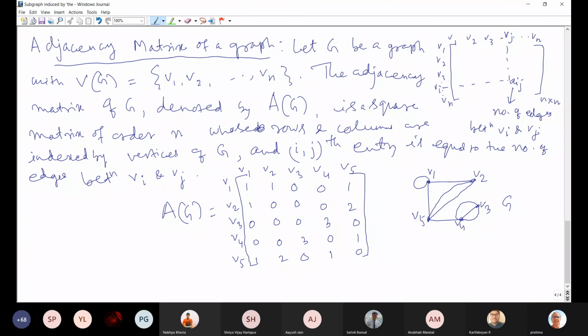Sometimes this adjacency matrix may be referred to as the weight matrix of a graph. So how can we differentiate if there are two edges of different weights, like one edge of weight 2 and the other of weight 3? How can we show it in the adjacency matrix? In that case, actually, we cannot have a weighted matrix. This matrix only tells about the adjacency. It doesn't give any weight. That is why the name is adjacency matrix. It will give you an idea about adjacency only.